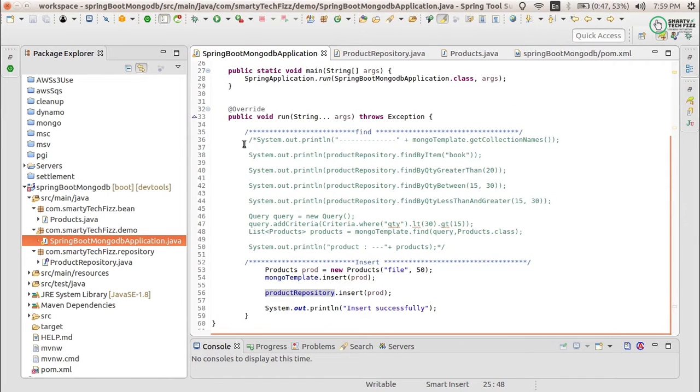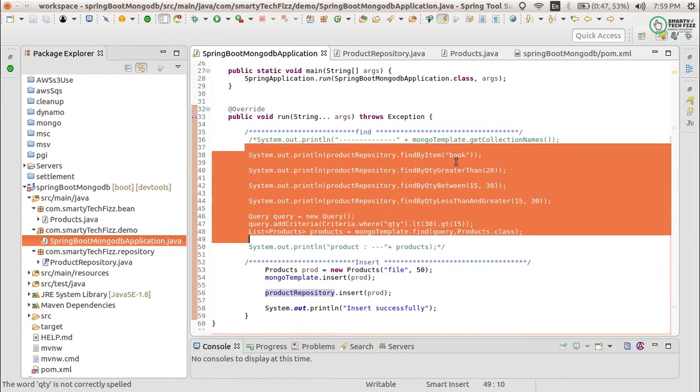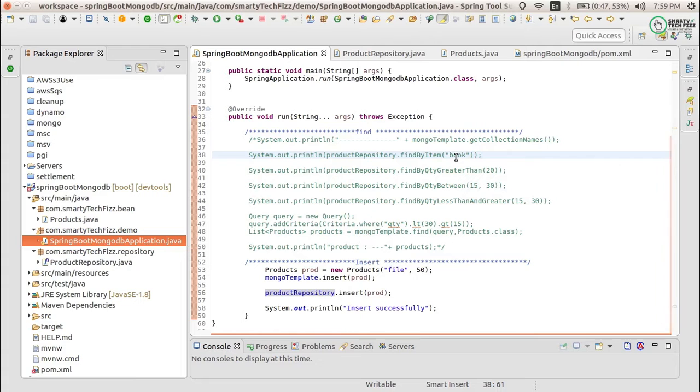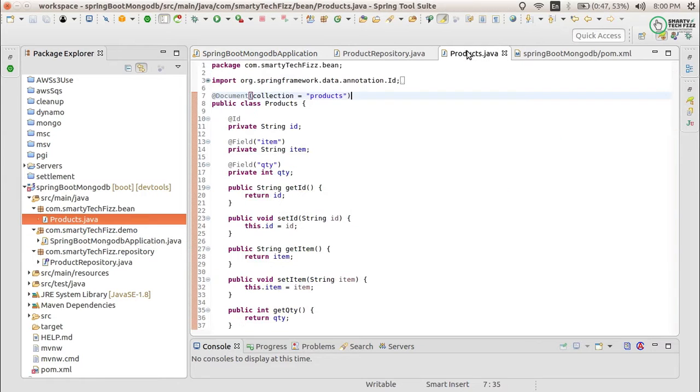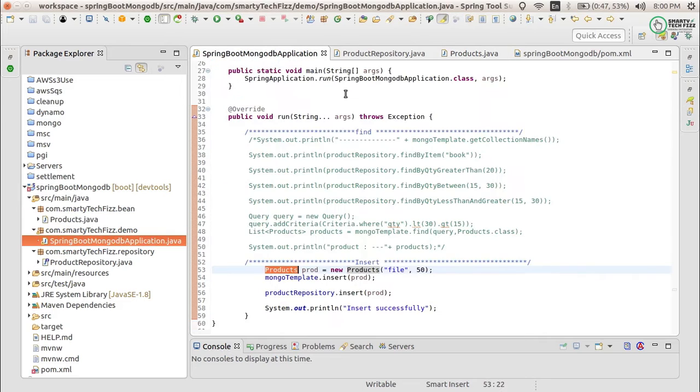Now this was the part for find that we did using three ways. Now we are doing the save option using two ways. This is the class which we mentioned earlier, representing the collection of products. I have created the object of the product using the constructor.